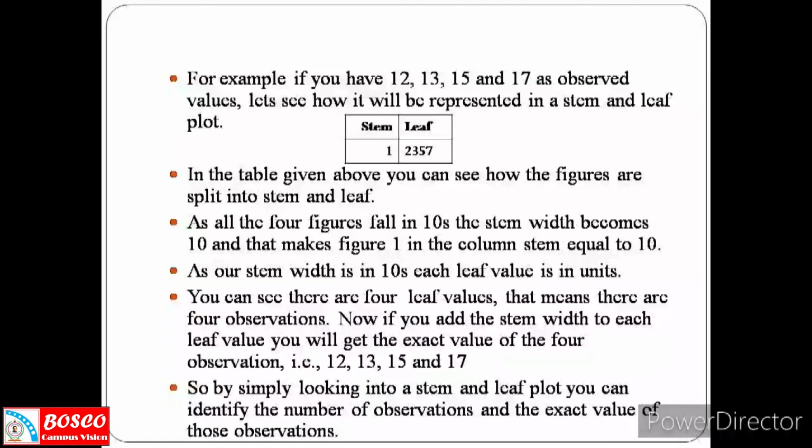Now if you add the stem width to each leaf value, you will get the exact value of the 4 observations, that is 12, 13, 15 and 17. So by simply looking into a stem and leaf plot, you can identify the number of observations and the exact value of those observations. Now we will move on to the